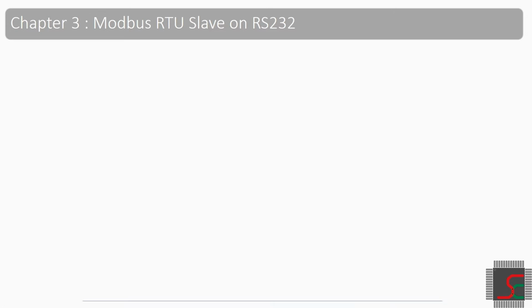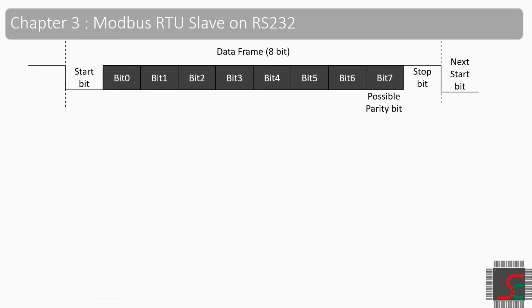Here the transmission method is serial line, that is RS-232. Now in the image shown is a serial line data packet. It consists of a start bit and 8 bits of data. There is another option called 9 bits also, but we are not using that. This is called the data frame, and this is the data we are interested in. Then a parity bit, and finally the packet ends with a stop bit.